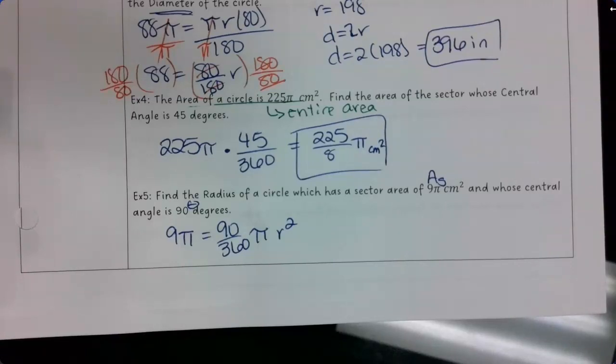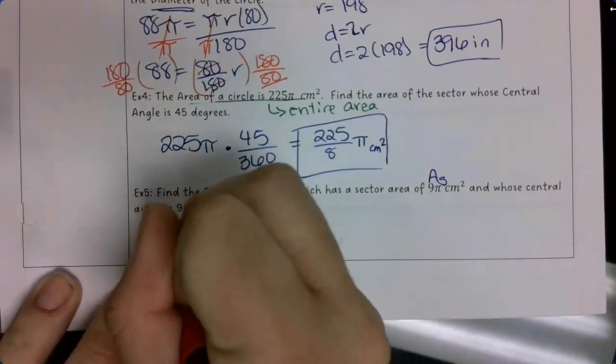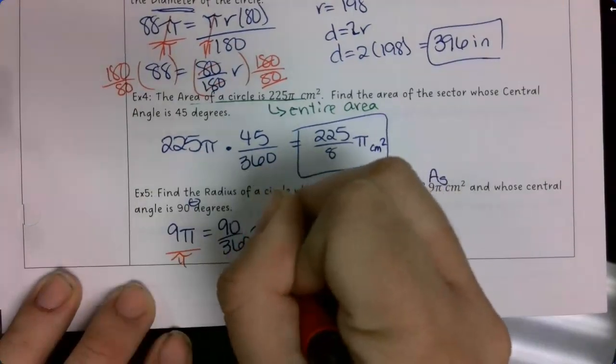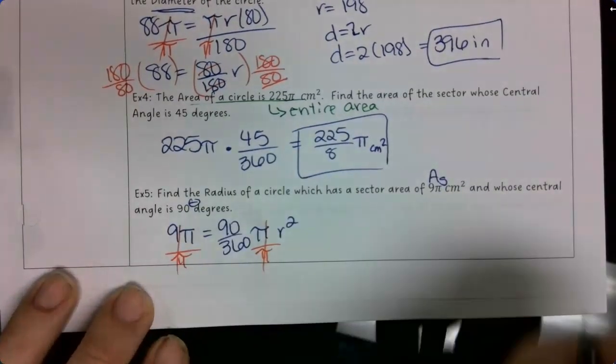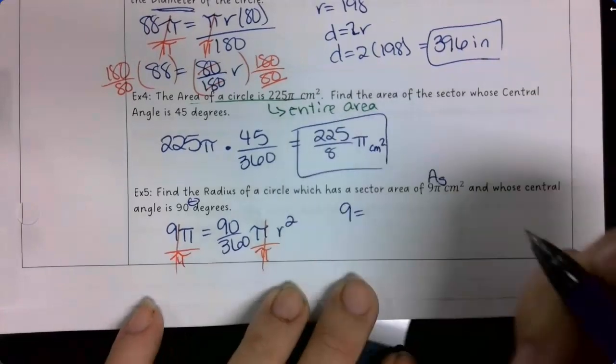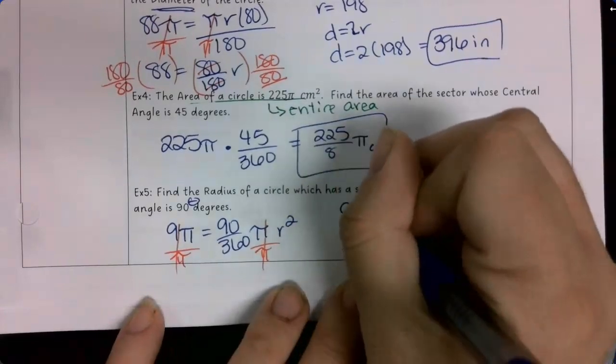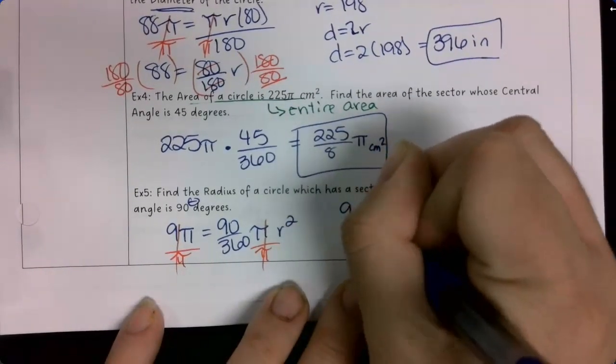Because I don't know my radius, that's what I'm looking for. So first thing I can do is divide both sides by pi. So my pi's will cancel out. I have 9 equals 90 over 360